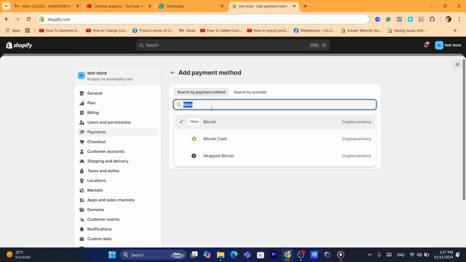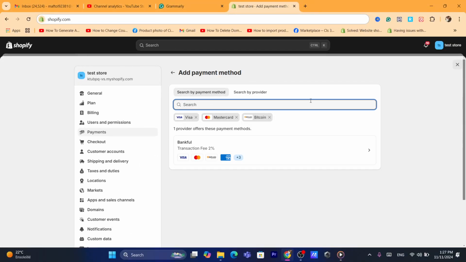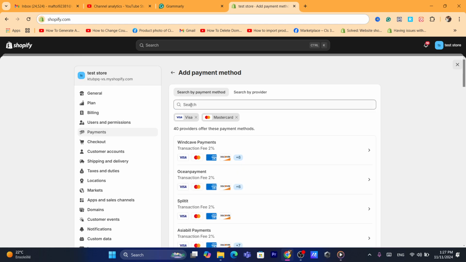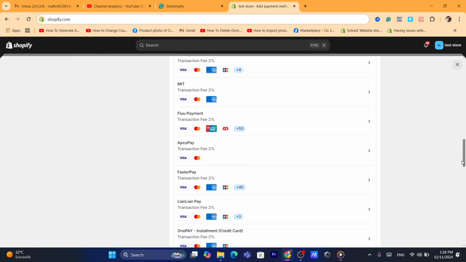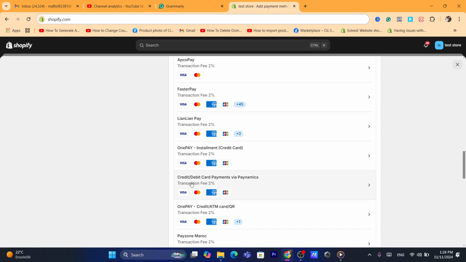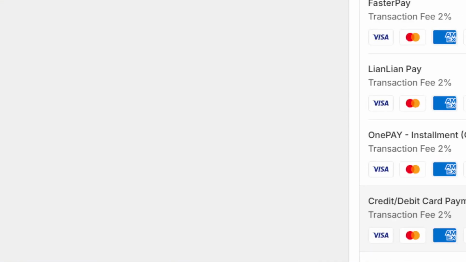Okay, so that's exactly what you need to do. You want to choose which provider you want to use. Okay, and here you want to search payment methods that you want to accept on your Shopify store. Like if we want to accept Visa and MasterCard, as you can see, if you scroll down, you will find a lot of providers that help you accept these kinds of payment methods. Okay, so this is exactly what you need to do. As you can see, credit card, debit card payments via